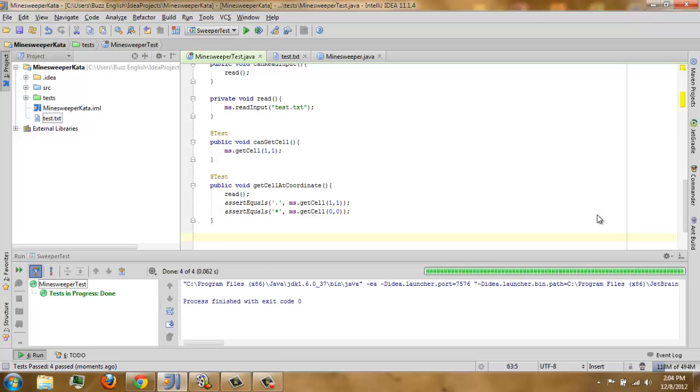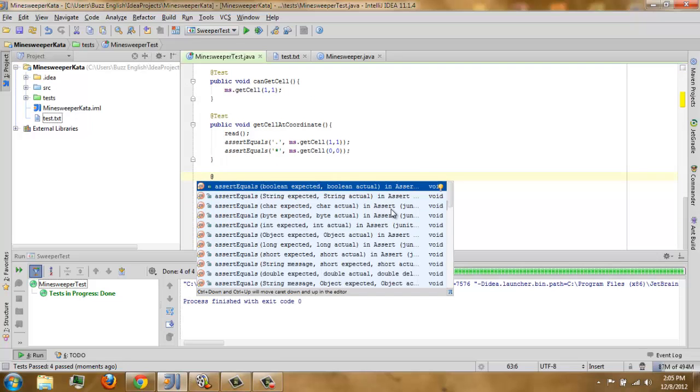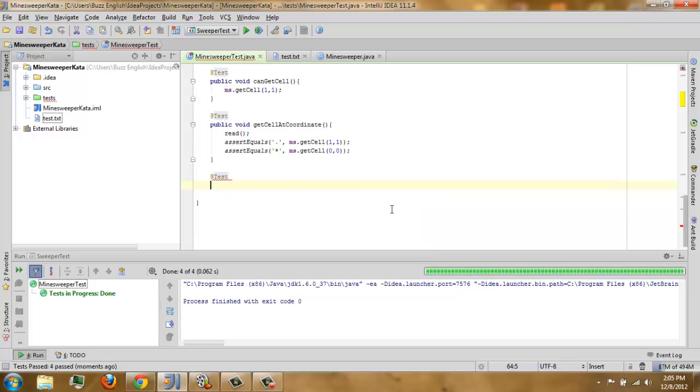So we are now going to visit our neighbors, right? Our 1 1 is the best example for having 8 neighbors, because it's the center of our 9-cell grid. That's why we have used our 3 by 3 grid, so that one cell can surely have 8 neighbors. So we're going to test the center cell. First, we will ask our Minesweeper test if it can get our northwest cell.